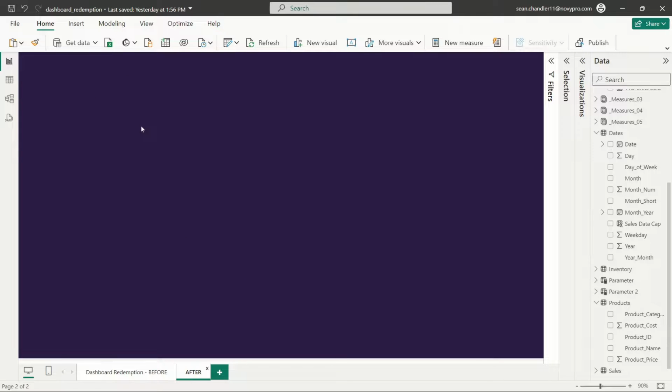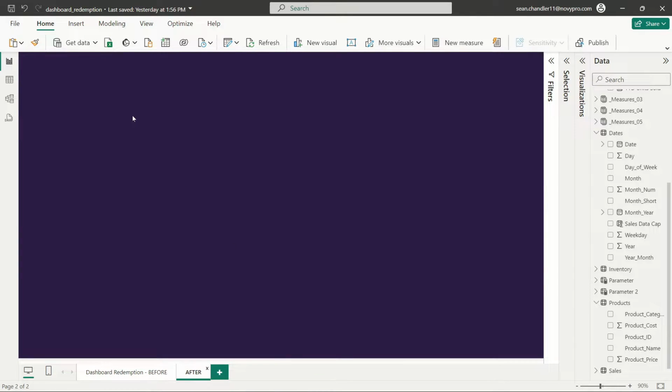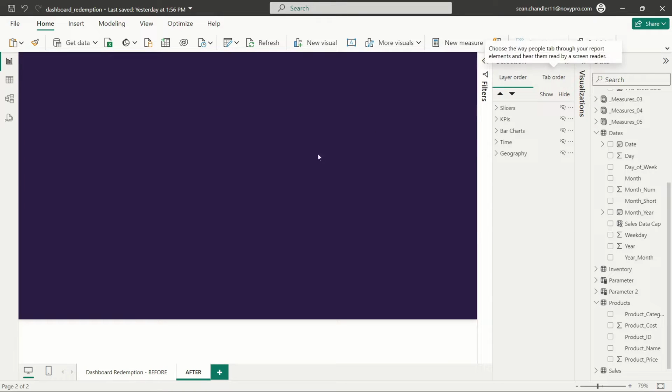The first thing is, once again, I am going to keep the purple background. I just made it a little bit darker, and the reason that I went darker with the purple that is being used in the original report is that I want my accent color to really, really pop off the screen. We'll talk more about that accent color in just a second, but the first thing that I want to do